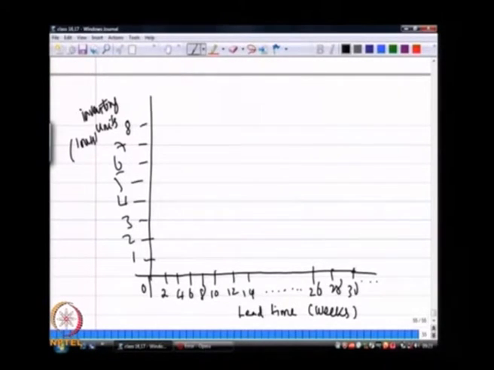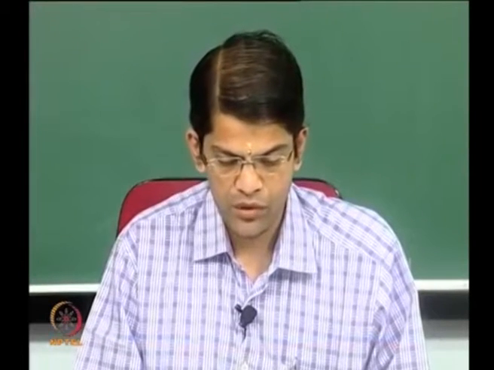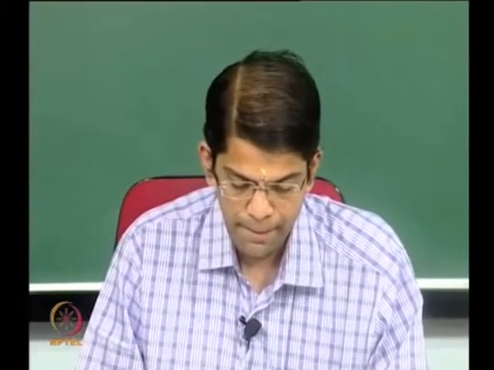Now, in this case I have told you that it requires 2 weeks time for the inventory to be delivered from the time that it is ordered. And since the average sales rate is uniform, which means 500 units is being sold every week. So, every week 500 units are being sold. So, what will be the order point? Now, the order point is, in this case,